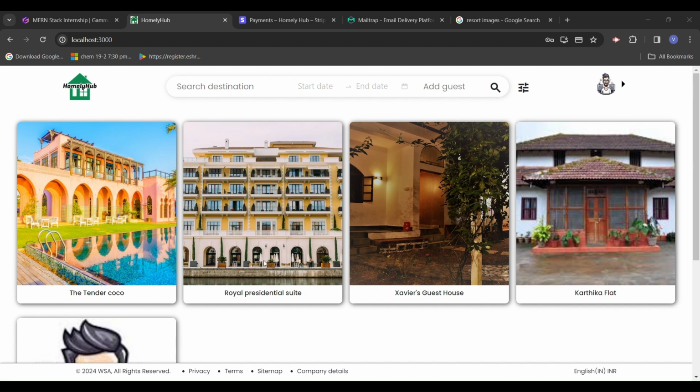And at the last, I guess we have our property, resort once visited. So just like that, if the number of entries increases, it is added to our database, and all the things are fetched from our database to our front end. So by this we can seamlessly interconnect it with our databases and